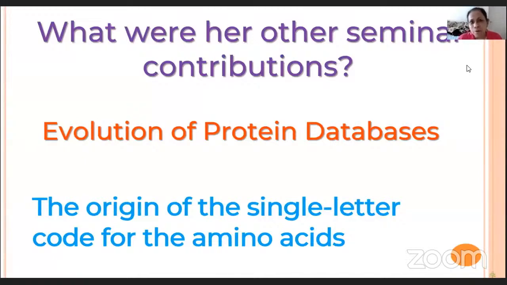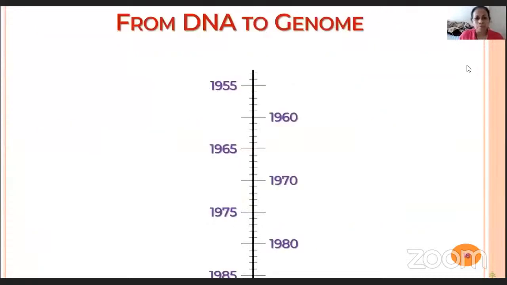But other than that, you all are in a generation where you carry gigabytes of data in your cell phone. So you can do this whole thing in a cell phone, right? Back then, it was lack of computation power. They were talking about kilobytes of data or even megabytes of data. They did not have supercomputers. So they wanted to make sure they had enough space, so they had to convert that to a single letter amino acid code. In fact, I learned all these stories from people who worked with her who are still at Georgetown, right? Coding, storing information is efficient. That is correct.